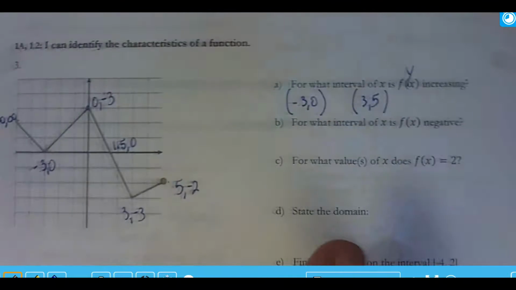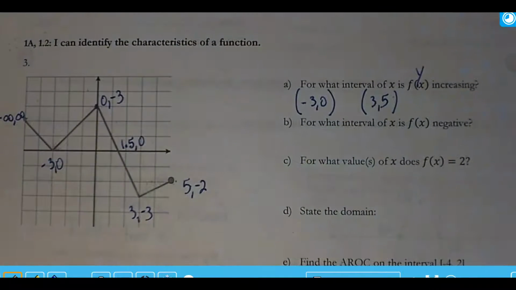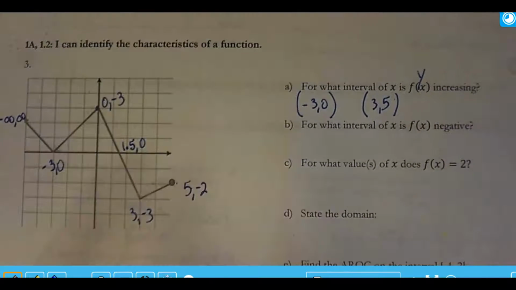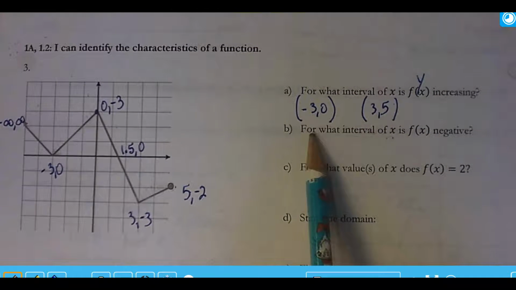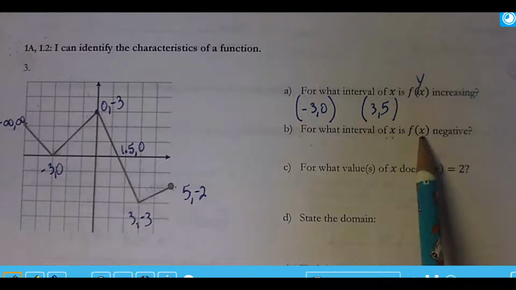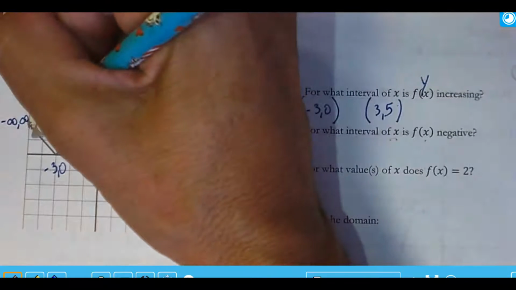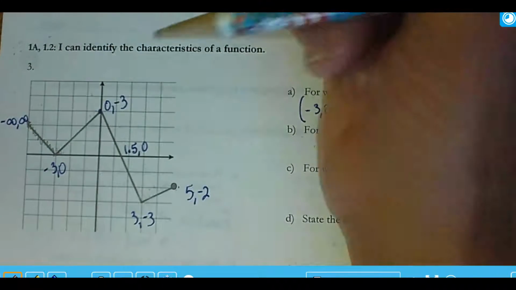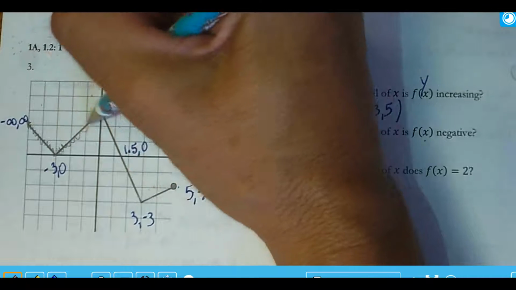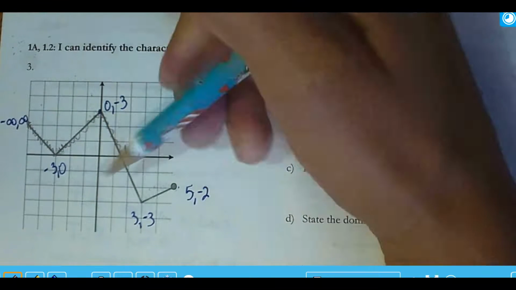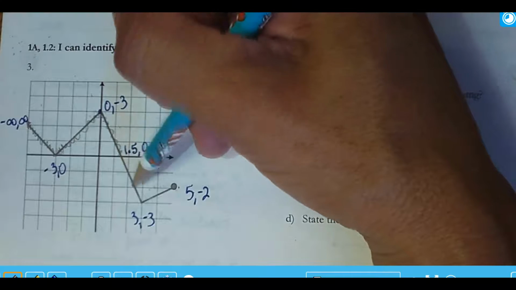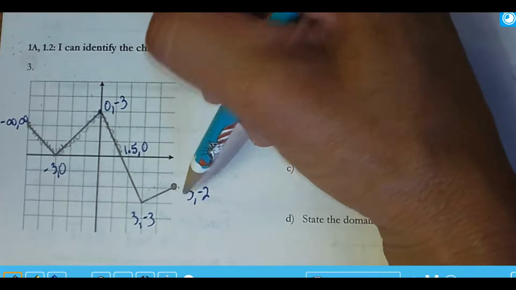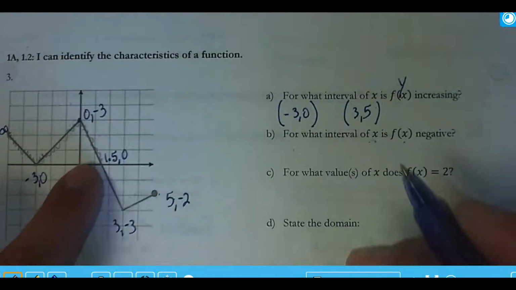which has me deal with negative, and its opposite is positive. So where is it negative? Where is it positive? So for what interval of x, again, write your answers with the x values, is f of x or y negative? So going left to right, my y's are positive, then they take a little break, and now they're positive again, still positive. And then in this little part here, this is where they're negative, and this is where I want to write my answer. So using the x values from 1.5